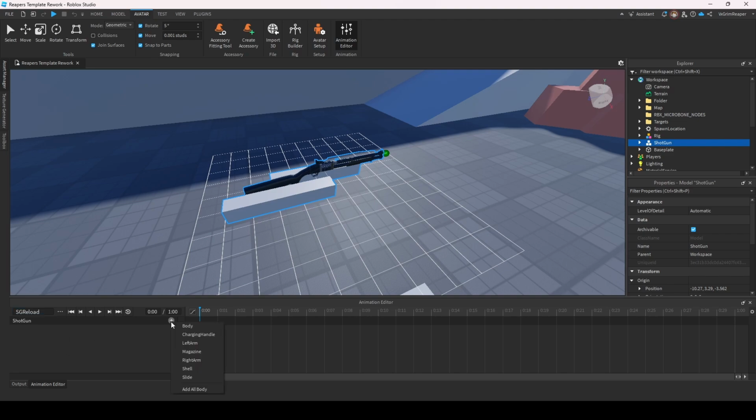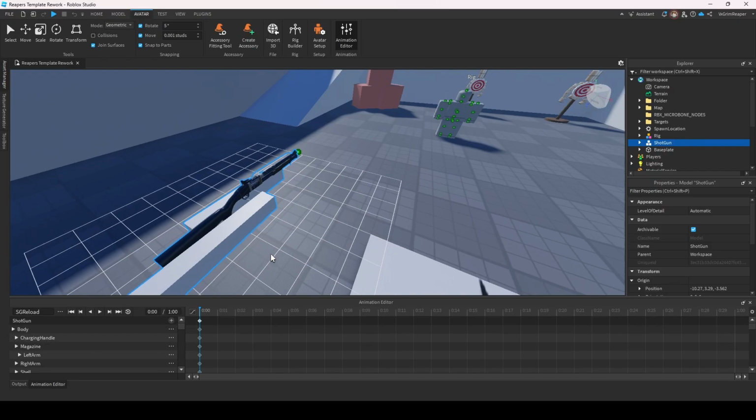And I'm going to click this plus sign. I'm going to click all body parts. And now we have all the stuff that can be animated inside this window here. Now, it's a good rule of thumb to have all your keyframes at the starting point for 0, and then